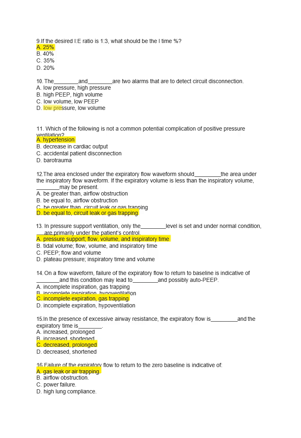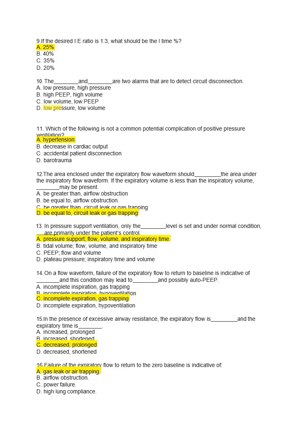Hypertension is not a complication of positive pressure ventilation, but there can be reduced cardiac output due to increased intrathoracic pressure, then accidental patient disconnection can happen, and there can be barotrauma due to the positive pressure